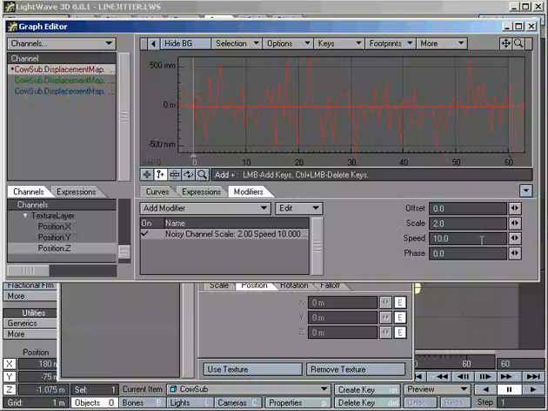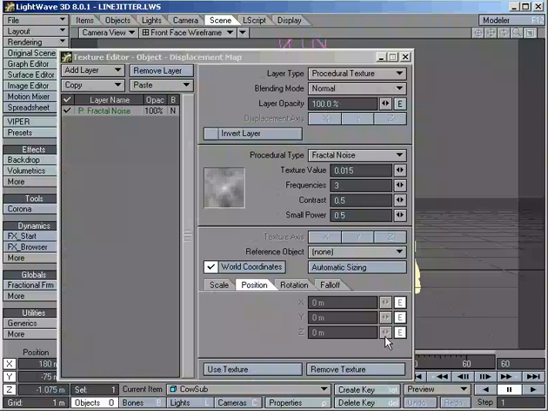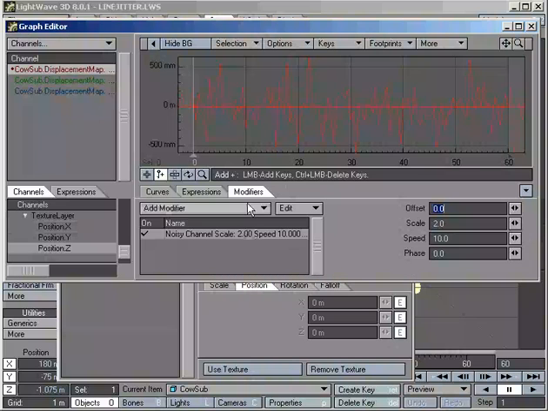Now it's moving back and forth on the X, which means most of the displacement will seem to be on the sides, especially when it's moving, which is kind of what we want. I've also done it on the Y and on the Z. It, at this point, is purely a matter of taste. Now if you've never used Noisy Channel before, you simply select Noisy Channel. By double-clicking on it, it brings up the values. And as you can see in here,